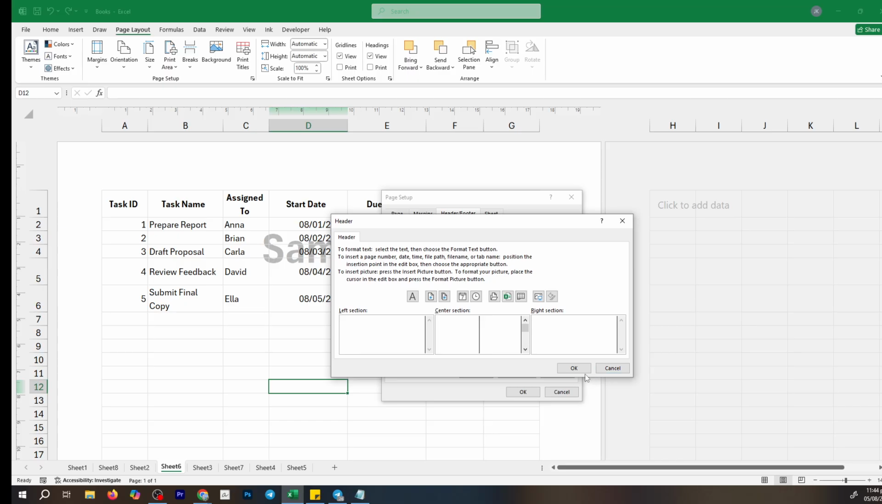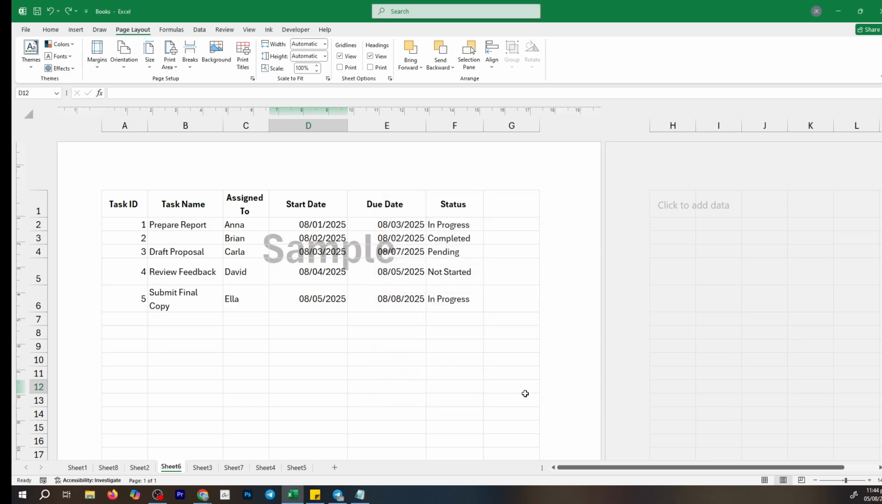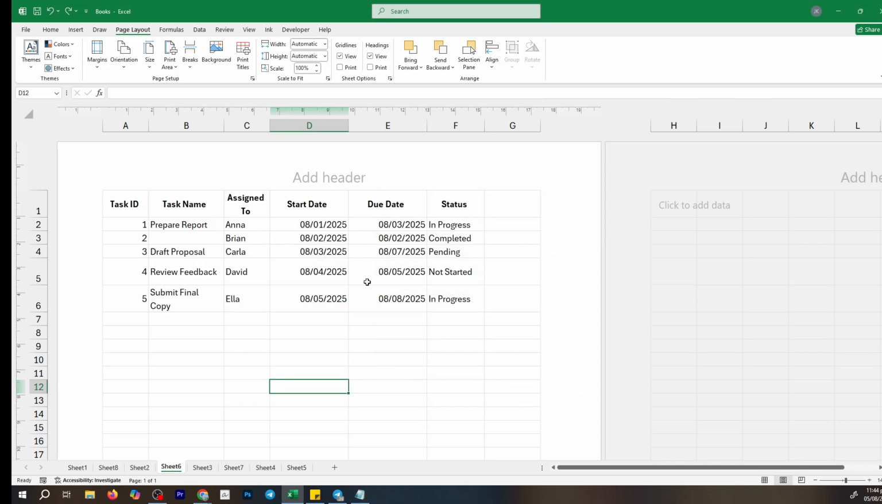You're not quite done yet. After closing the custom header window, you'll need to hit OK again to close the Page Setup dialog box. Now that you're back out, go ahead and check your print preview. The watermark should be completely gone, leaving you with a crisp and clean document, ready to be printed without any